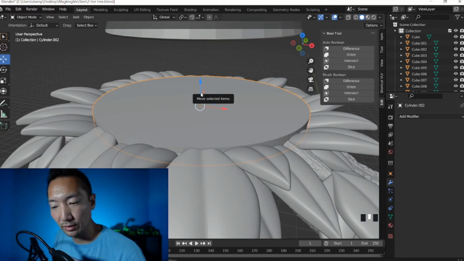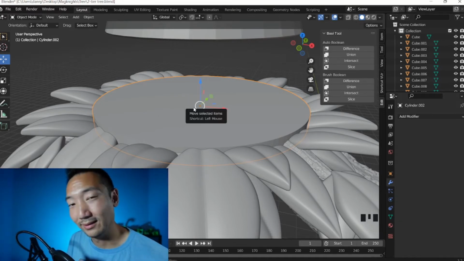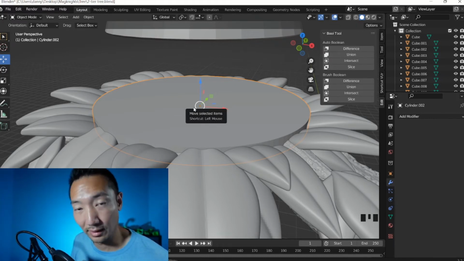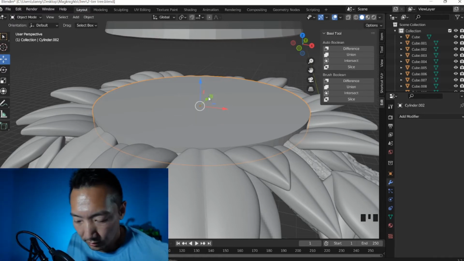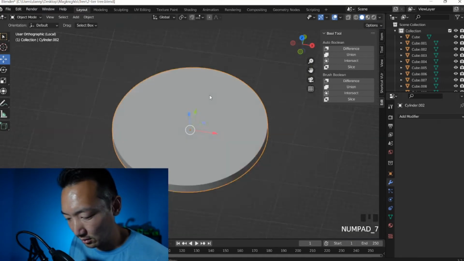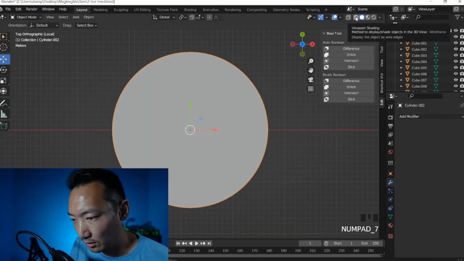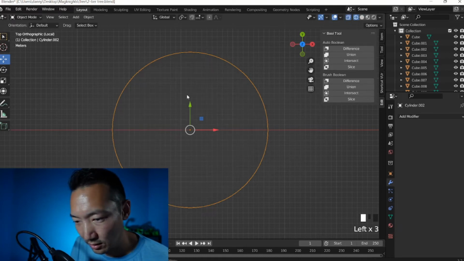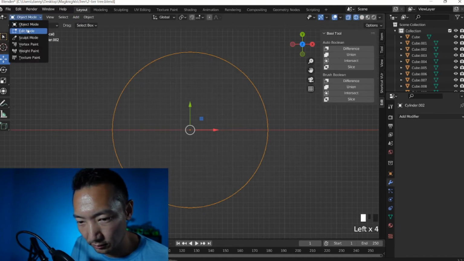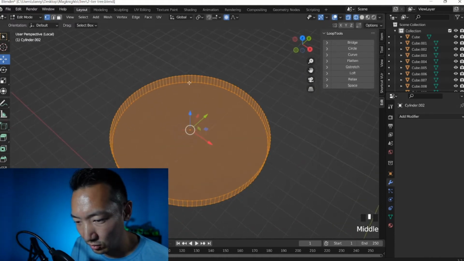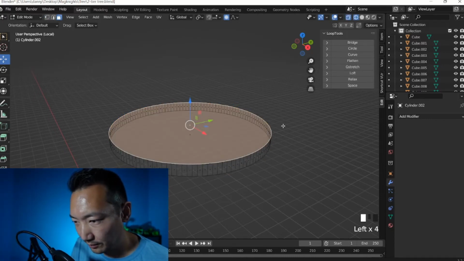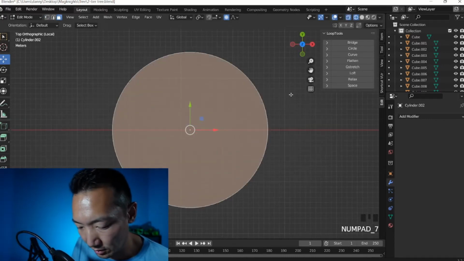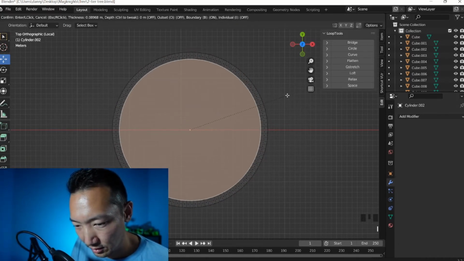One thing I am gonna do is make a little indent so that the 25 millimeter or 1 inch base can sit in this circle and not just sit flat on top of it. So to do that, I'm just gonna isolate this. We're gonna look at it from the top, and we are going to do X-ray. Go to edit mode, and probably should have done this without the X-ray. Face select just the top, and then now we go to X-ray, and then we're just gonna inset to about